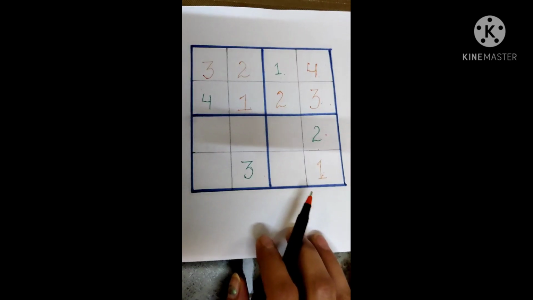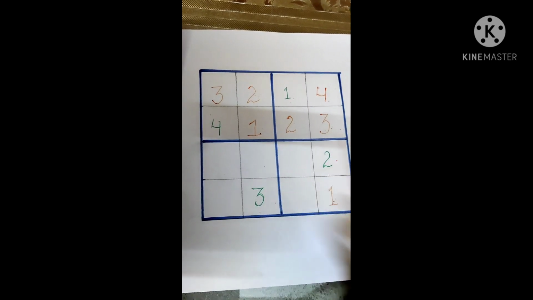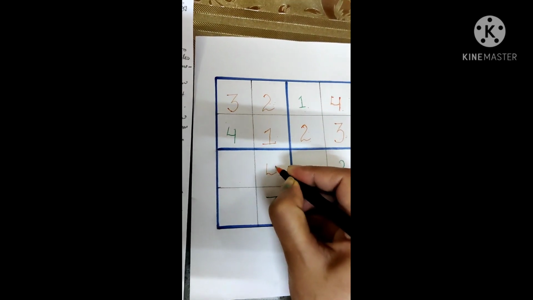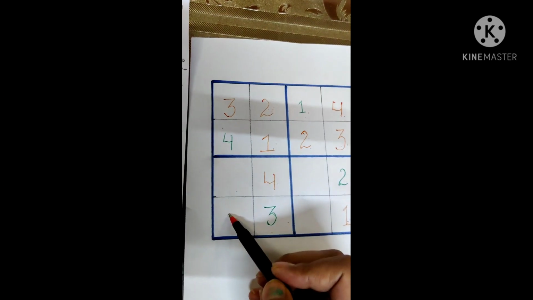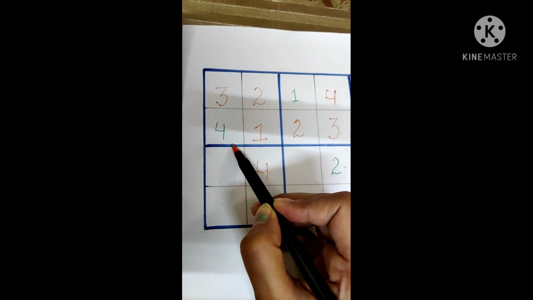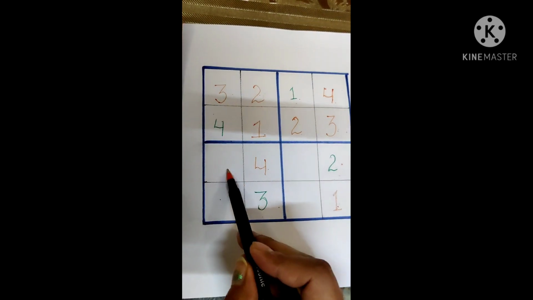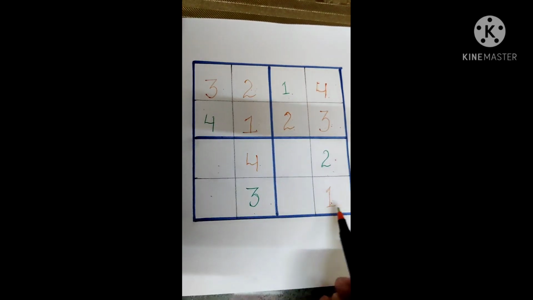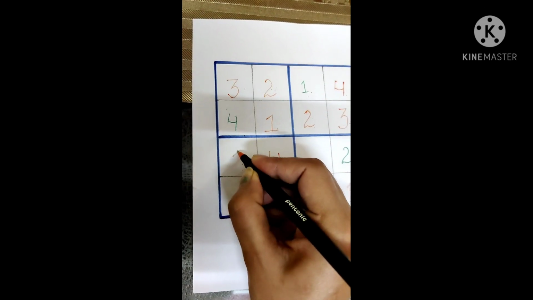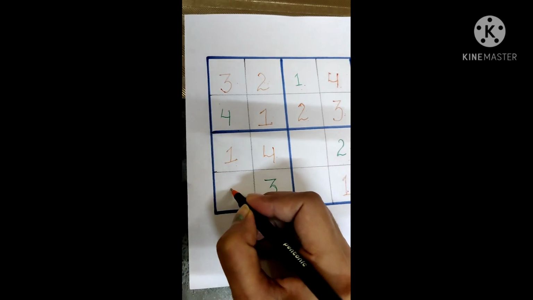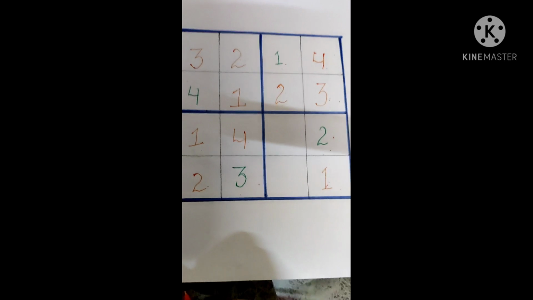Now let's come down. We have 1, 2 and 3, and in this block we can write 4. Fine. Now in this row we have 3 and 4 and we need to write 1 and 2, right? But we know 2 is completing this column and 1 is covering this column, so that means we can write 1 here and 2 here. So with this our third house is also complete.